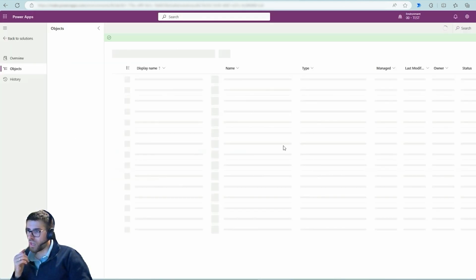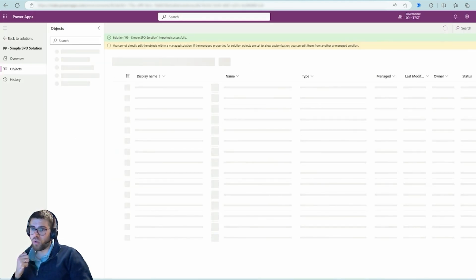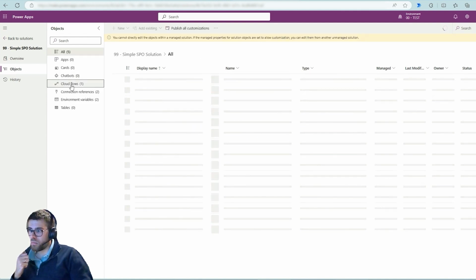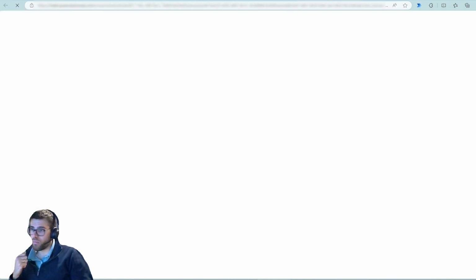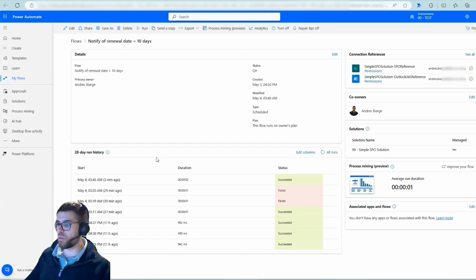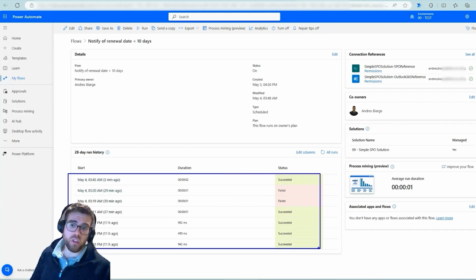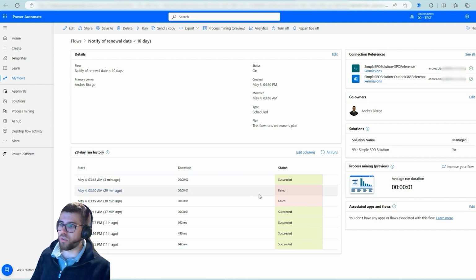So I'm going to go inside and execute the flow another time. But now it's not going to work because of what we did with the column. Allow me to pause one moment while it loads. Okay, here it goes. I deleted the solution, but the runs are stored in a database table, and that's why we see the runs before. These failed ones are from the same thing that I'm going to show you right now, but when I was recording in Spanish. So I'm going to hit run,